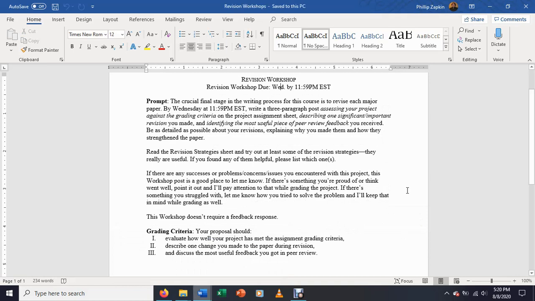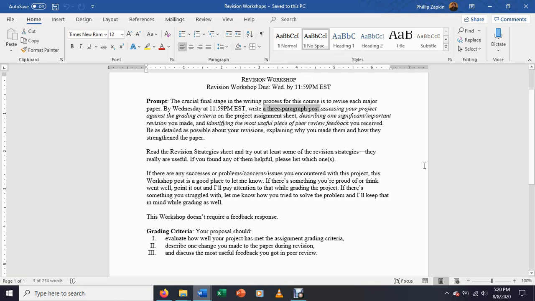Revision workshops are going to run pretty similarly. One major difference is that they will come toward the end of our project. So revision workshops on the weeks that they're due will only be due by Wednesday, and you won't be responsible for responding to a partner. You won't be responsible for responding to a classmate. Because on Sunday, on the weeks that we do revision workshops, you'll be turning in final drafts of a major project. That being said,